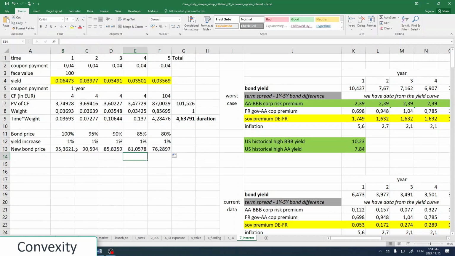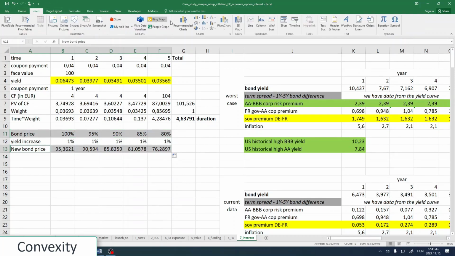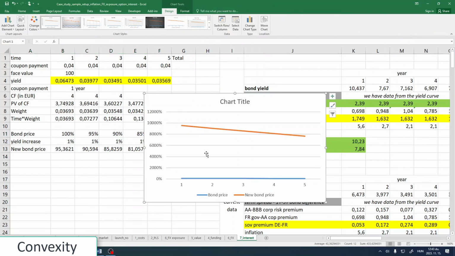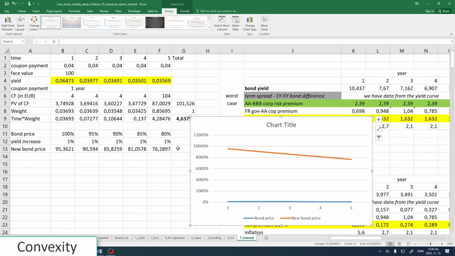So are they in a linear relationship? Yeah, they are not, because